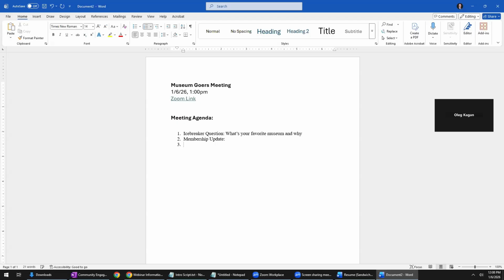And now I'm going to press enter, and it'll automatically move down to number 3. But I want it to be nested because I want to talk about a few things within the membership update. So I'm going to press the tab button. Tab is a recurring theme in our class today. Tab is one of my favorite buttons. I'm going to press tab. And as you can see, when I tabbed over, it made this into A. So residence,